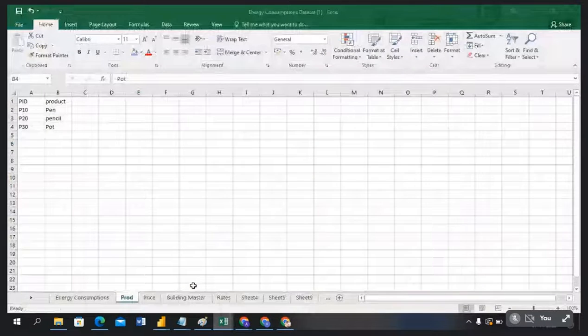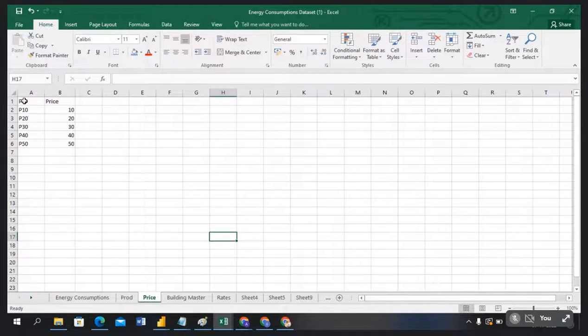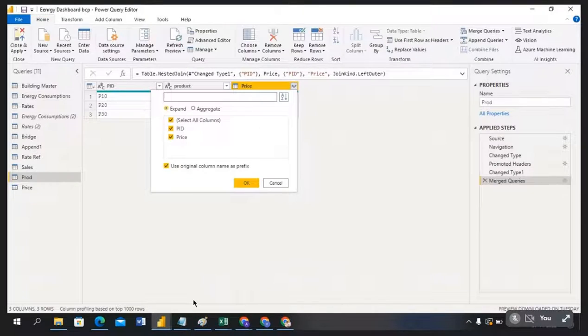Between these two tables, the product table and the price table, there is a common column, product ID. Product ID is common to both tables. If you have a common column, only then can you do the merge, otherwise you can't. So I have product ID and price. Okay, so if you click on OK,